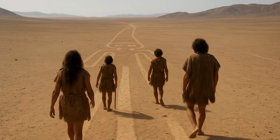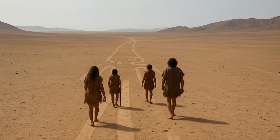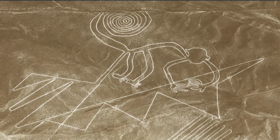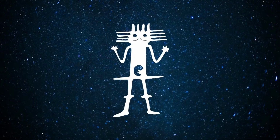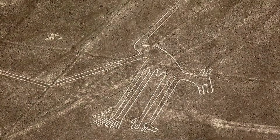It's as if the Nazca people designed these glyphs to be discovered on foot, to be experienced as part of a journey. This, together with the fact that they can only be seen from the sky, hints that the Nazca lines might have been something like a sacred pilgrimage. Perhaps the idea was only deities above can see the full picture, while humans have to walk the path to